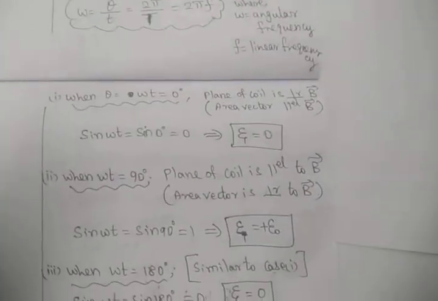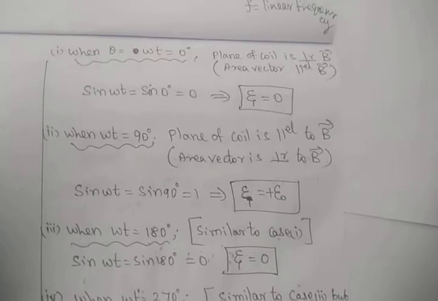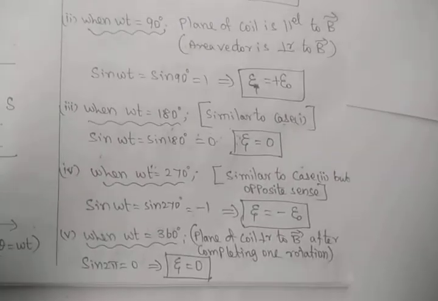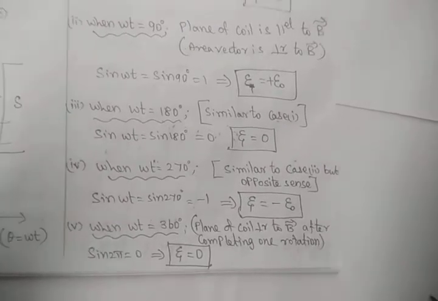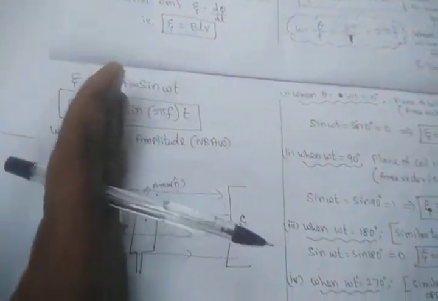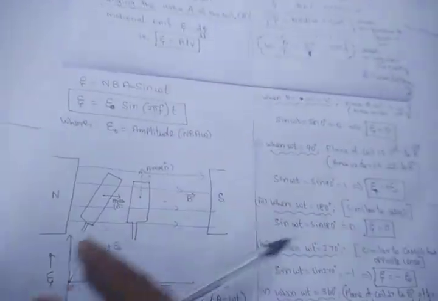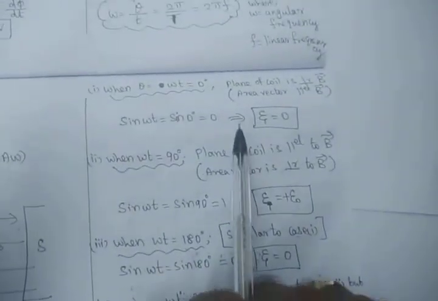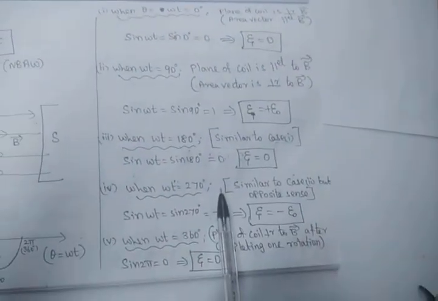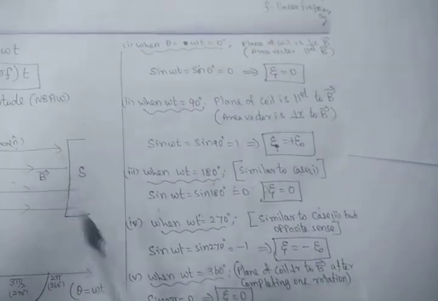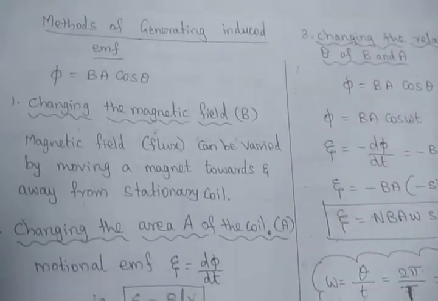Are you clear, students? So theta is equal to 0 degree, 90 degree, 180 degree, 270 degree, and finally 360 degree. Let us do these activities on your own by keeping the hand like this, and 90 degree, again 180 degree, 270 degree, then again 360 degree. You have to assume this on your own and practice that, then only it is easy to understand. Once you understand this question, then it is easy for you to write in the exam.